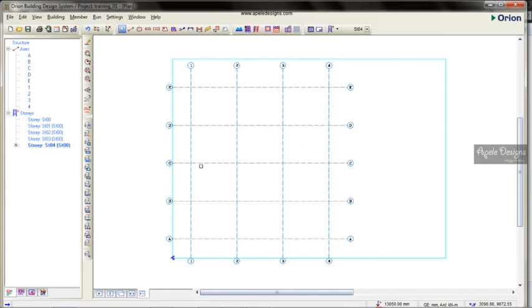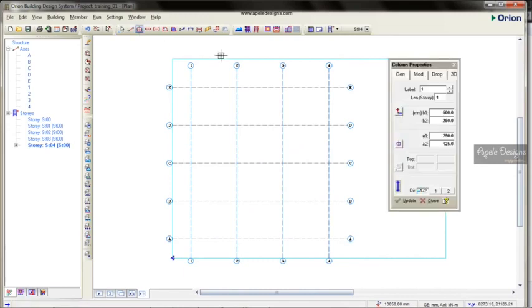The next thing we do is create our columns. Then we'll come to the member toolbar, click column. B1 is the size of the column. I'll use 225 by 225. The eccentricity should be at the center. Come here, click the center,